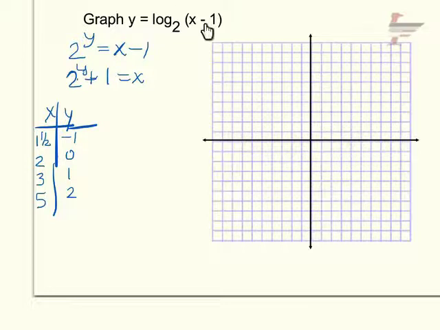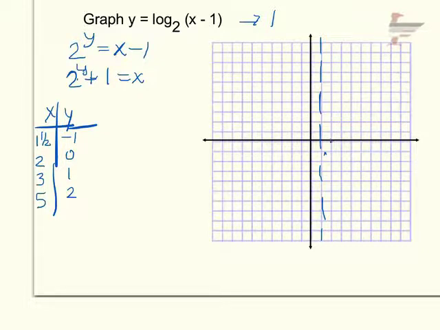Now I also know, if I go back up to my original equation, that this is in parentheses, so my h is a positive 1. So that means I'm going to be shifted over 1, but I don't have to worry about that shift because I included that shift in my testing of points. So I could just go over to 1, and I know that I'm going to have this vertical asymptote since it's a log graph, and I could plot my points,